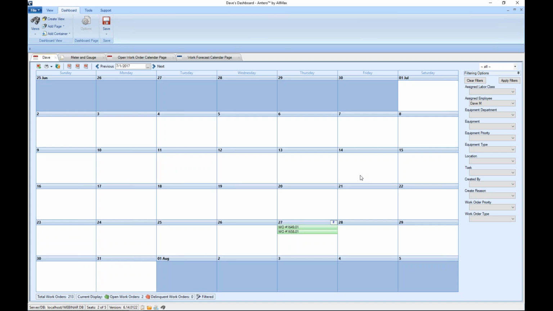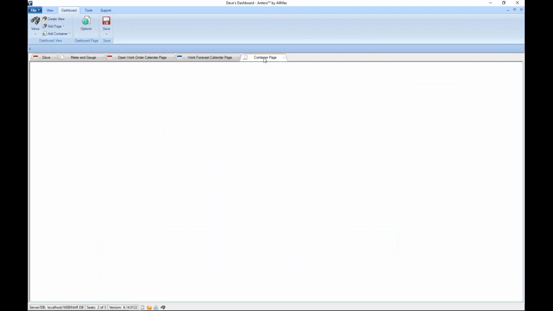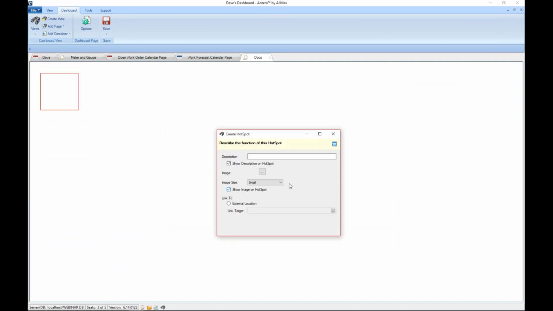So once they've done that, it's a matter of just customizing it now for their particular view. And then also the nice thing here is if this particular individual, in this case Dave, had additional documents he wanted to link out to, we could add another container page. We could rename that to docs, and then he could begin to create a backdrop and then hotspots for any